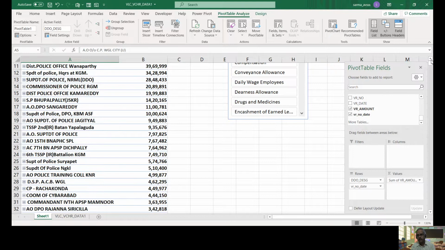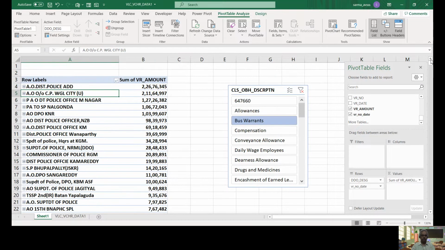Suppose they are spending 2 crores on bus warrants. Let us see how many staff are there in that district, whether all are going, how many people are going, how far they are traveling, whether they are traveling in the same district. I think after Telangana they need not go to Srikakulam and all. From Adilabad district, maybe they will come up to Hyderabad, right? So there are so many issues.